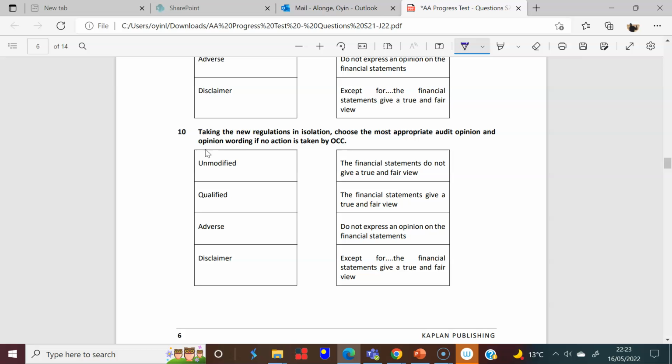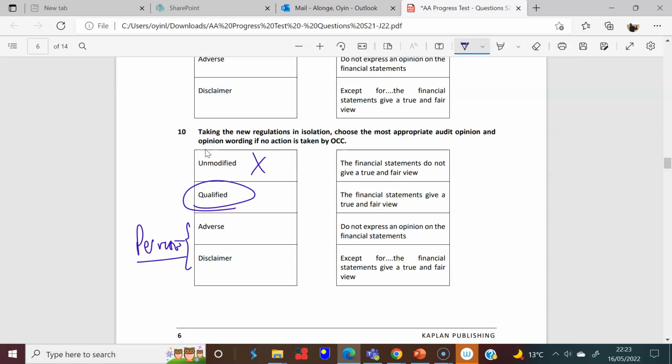The next one says take the new regulation. So this time we're looking at the new regulation in isolation. Focusing on the new regulation in isolation, if you don't do anything about it, as in you fail to disclose it, well, then it is certainly not unmodified. The question then becomes, how uncomfortable am I with this misstatement? Because you have clearly refused to put into the accounts something that is material, but we would argue that in isolation it probably is the only thing, so therefore it'll be qualified. It'll be qualified, right? It's not perverse. Both of these are not perverse opinions.